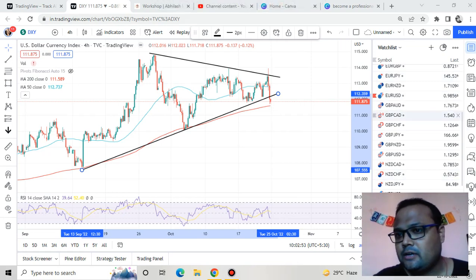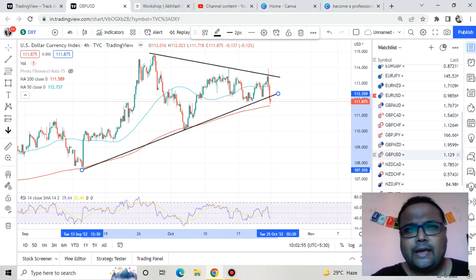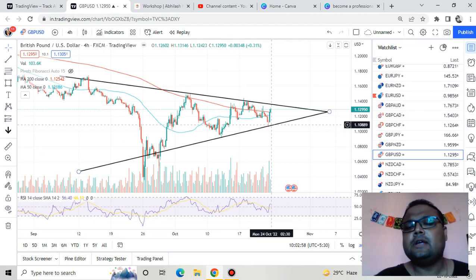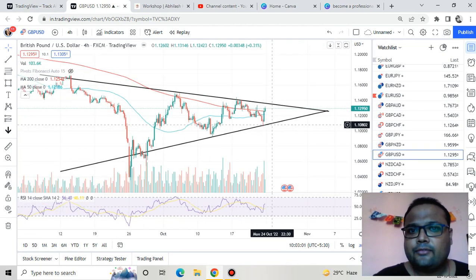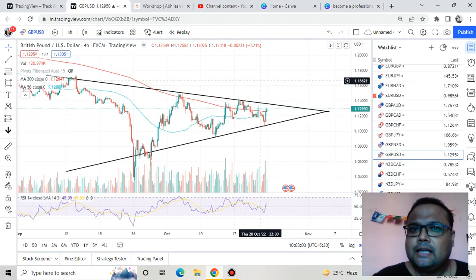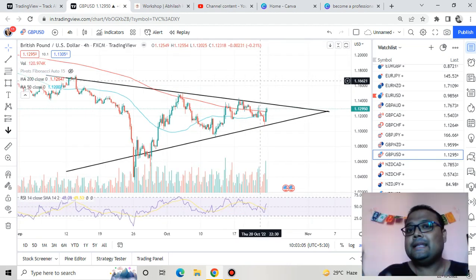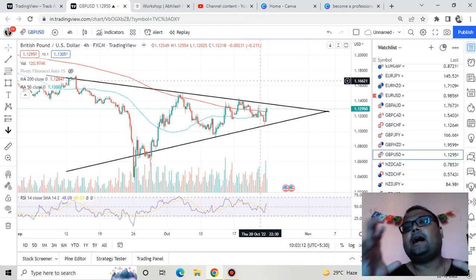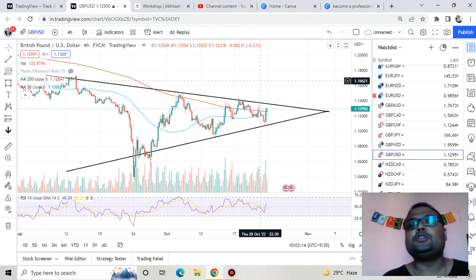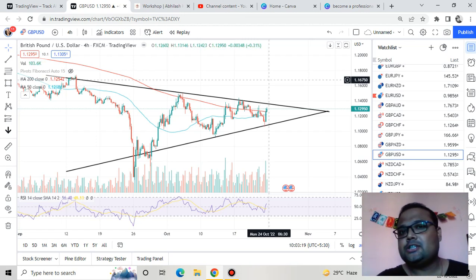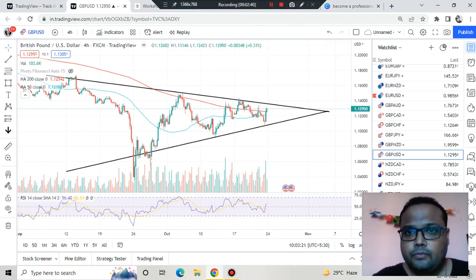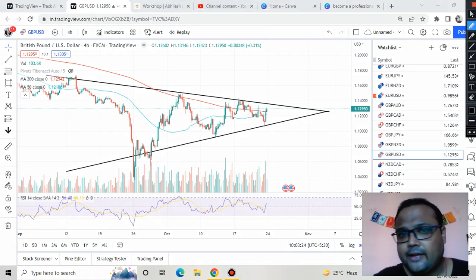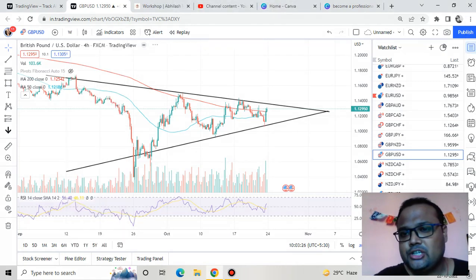Now let's have a look at the chart of GBPUSD. As we have already discussed in a previous video, things are not very clear for GBPUSD. There is still political instability or uncertainty going on in the UK. As a result, we still do not have any clear direction about the market. You can also see that we have a similar picture on the chart of GBPUSD, where we have a symmetrical triangle pattern. If I take you to the weekly chart,